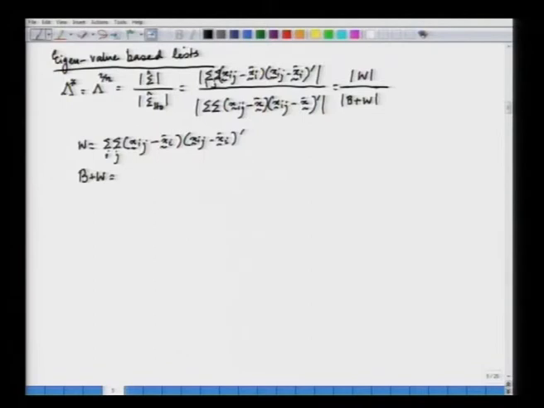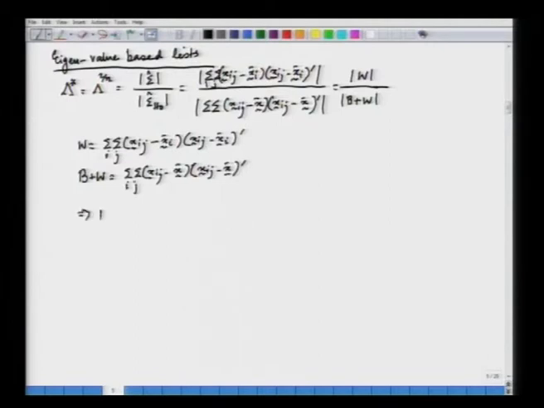From here I can see that if I consider B, it is nothing but, let me write this once again. So, this is Xij minus X bar, Xij minus X bar prime,